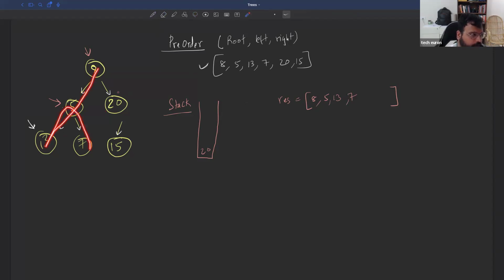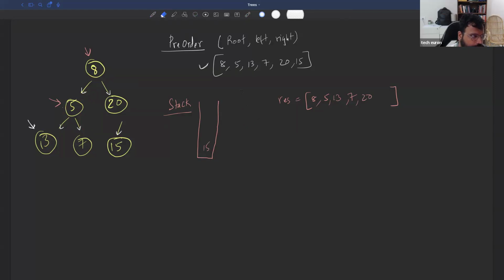Now what we have to traverse? We have to traverse 20. 20 is only left in the stack. So we'll take out 20. We'll ask who are your children? I will get the answer as 15 and null. Okay, so I'll put 15 back in the stack and I will put 20 here and job of 20 is